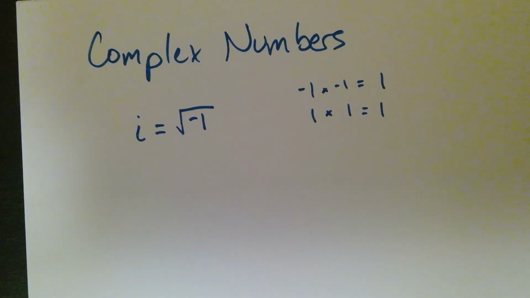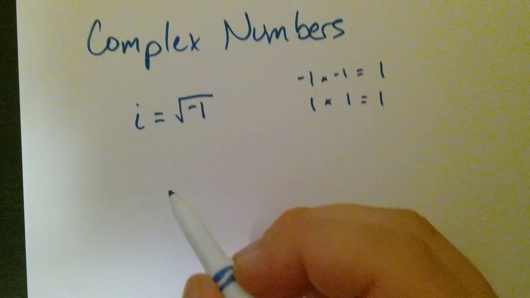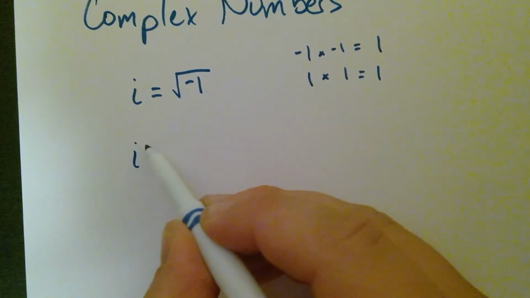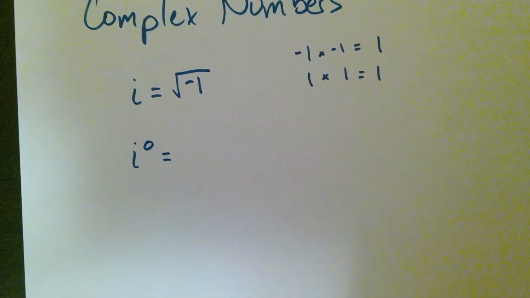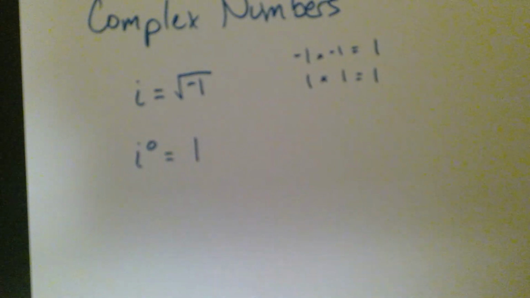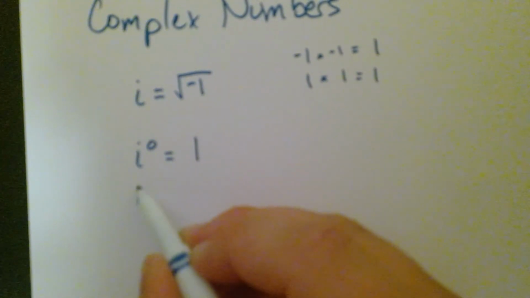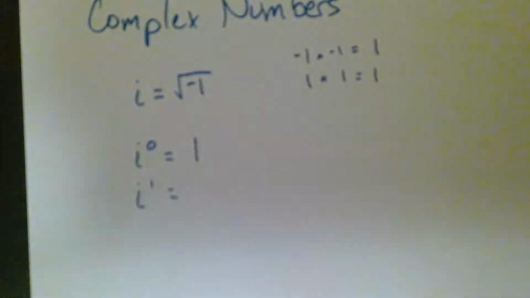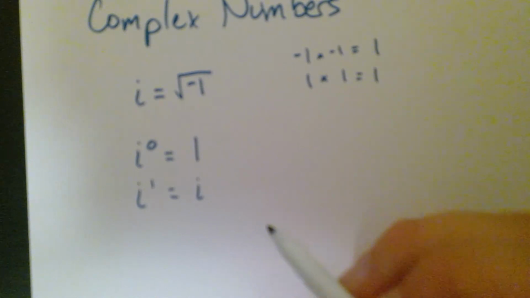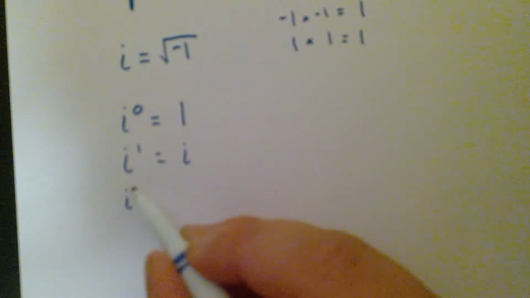It's notation. Now we're going to go through briefly what happens if we have an exponent. So we have i to the 0. That is going to be equal to 1, since anything raised to the 0 power is 1. Now, i to the first, I don't want to get too simple here, but i to the first is just i. Now hang with me here for a second. If we go to i squared,